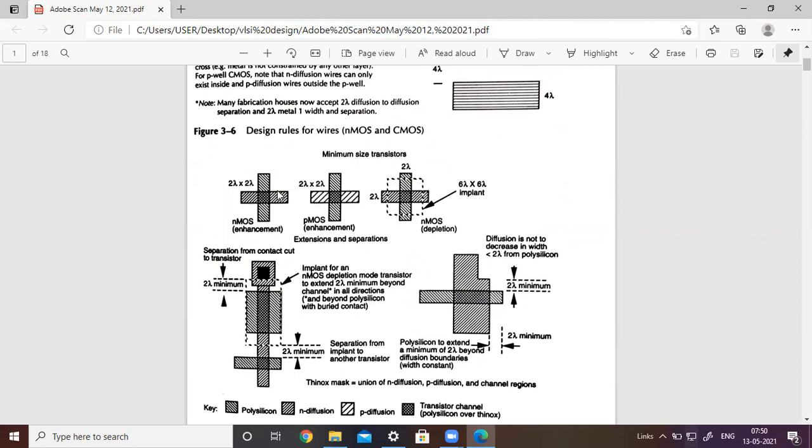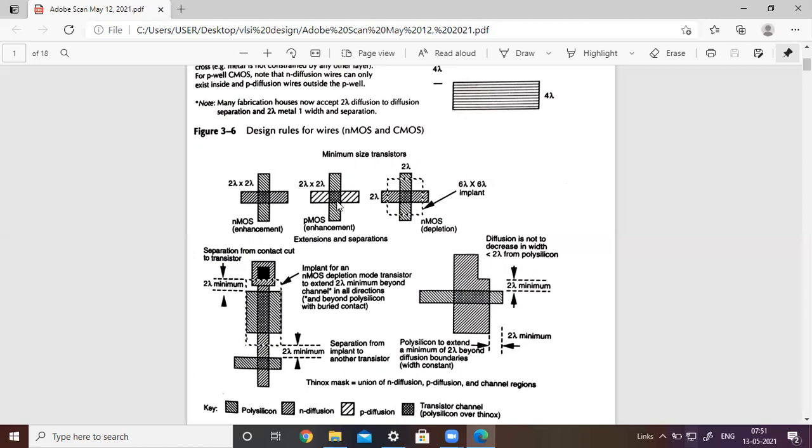Now in this case, what is the feature size transistor? The feature size transistor is nothing but the transistor having the minimum length and width of the channel. Because whenever the polysilicon crosses the diffusion layer, the polysilicon and diffusion layers have a minimum dimension of 2 lambda. So the channel will be 2 lambda into 2 lambda. That is called the minimum size, that is called feature size transistors. Now this is the feature size transistor, with dimension 2 lambda into 2 lambda.